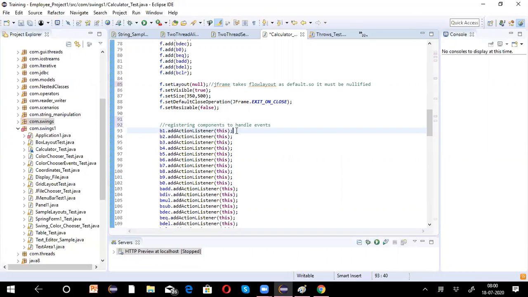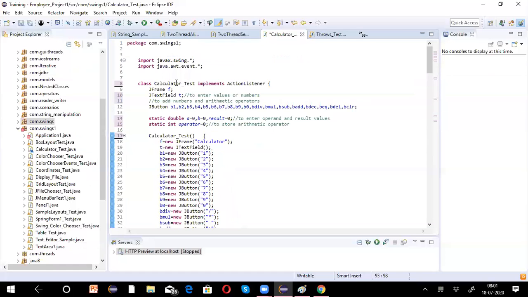This always refers to the frame object. This refers to the JFrame object, or you can say the Calculator_Test object. Now what are we using? Class CalculatorTest.